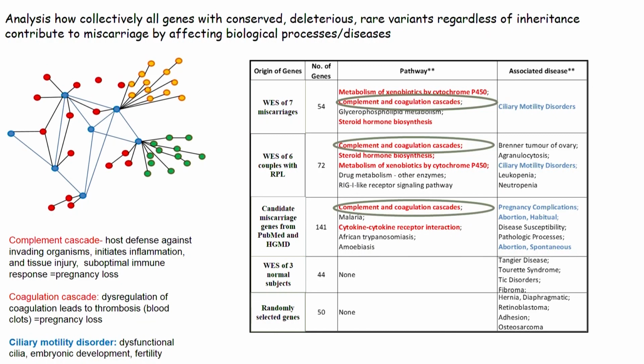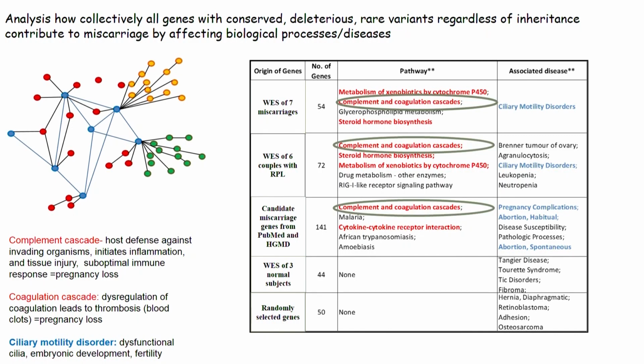And then finally, we compared the enriched pathways and diseases with those that you would get if you do whole exome sequencing of normal subjects. So there was no enrichment, and the diseases were more or less random, and then we selected randomly 50 genes, and there was no pathway enrichment. So the complement and coagulation cascade seems to be, so the genes from this pathway seem to be